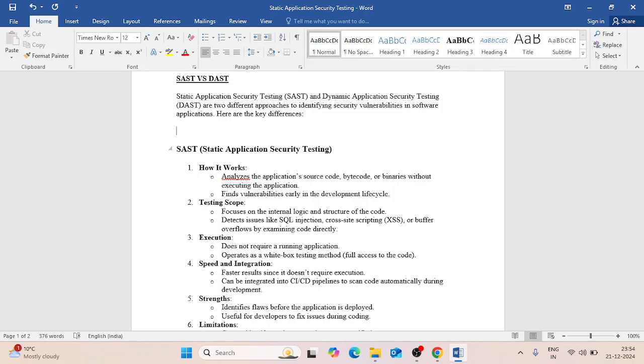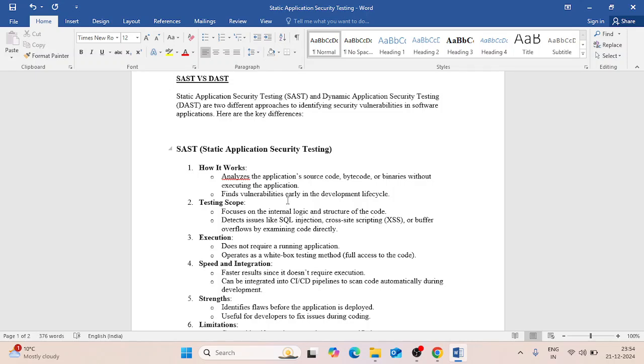He knows what the language is, what the front end is, what the back end is, what things are running in the application. So all these things come in SAST application security testing. Now let's come to how it works. As I already told you, if I am a PT, meaning penetration tester or penetration testing, and I am working on SAST application security testing, I have all the details.